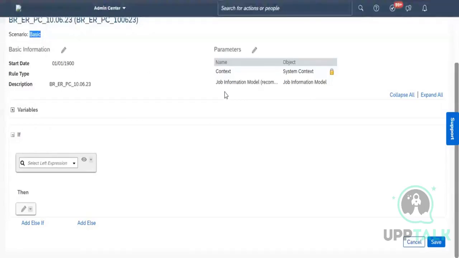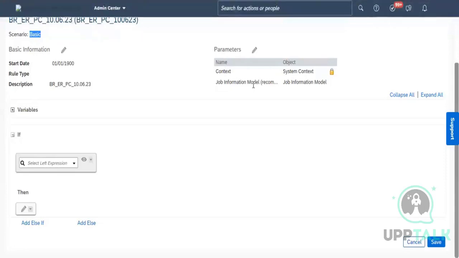First of all I have taken job information as the basic. Now you may have a requirement where you want to connect fields which are in different portlets. That we call